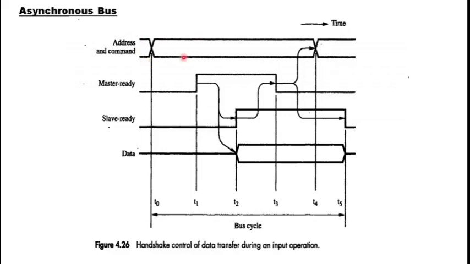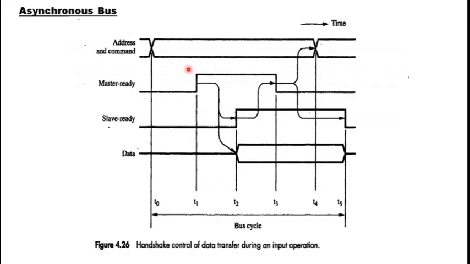So as soon as slave sees the master ready signal, it will read the address and command information on the bus, or it will confirm whatever information is on the bus, and it will accept it as a valid case. And in this case the slave is reading invalid data and the transaction is supposed to fail.